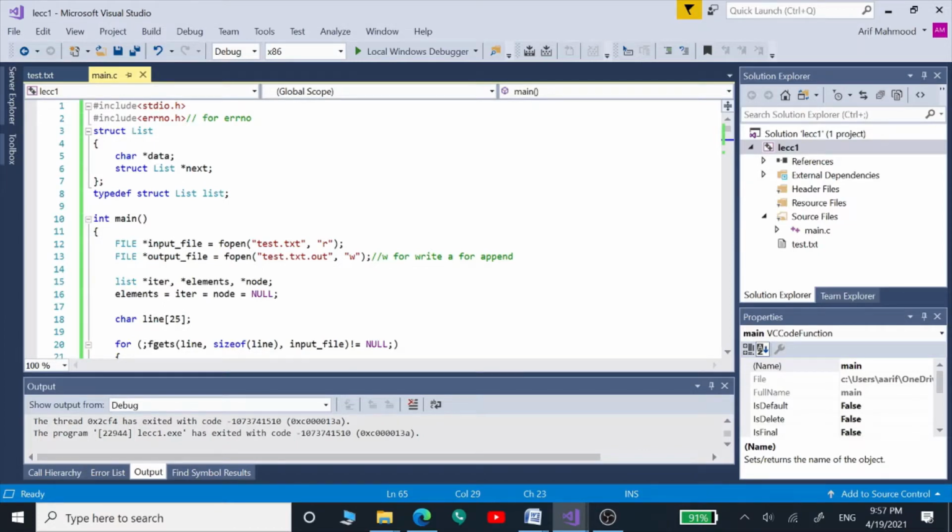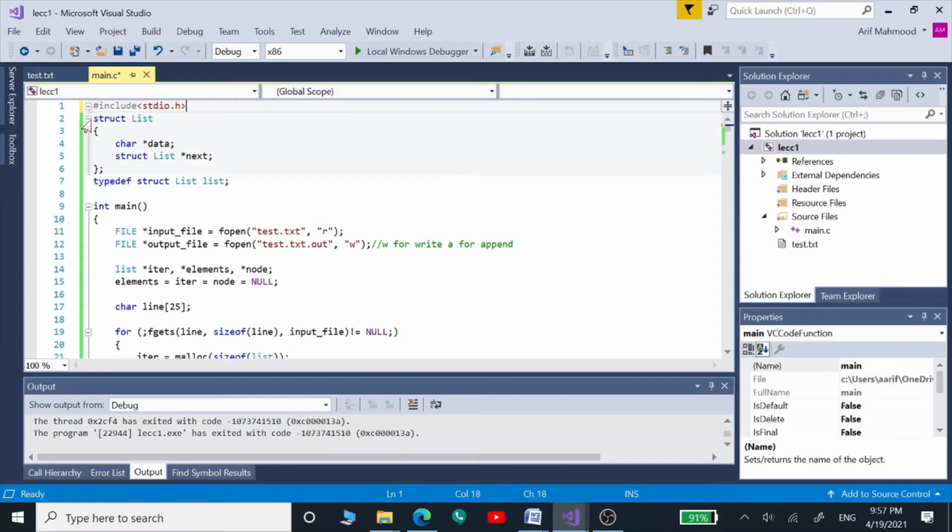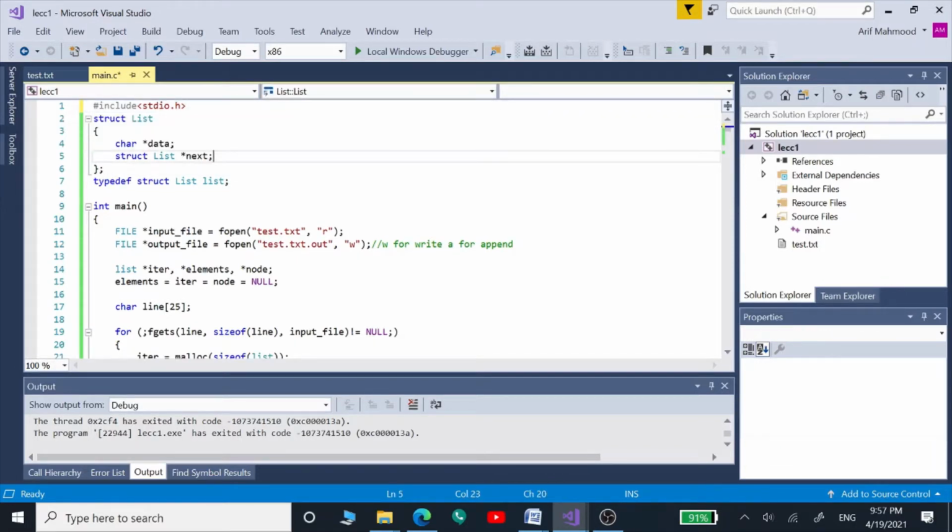So this is a C program first, and here I have defined a list. I am going to remove this line. This list has two member variables, which are of type character and the list struct type.